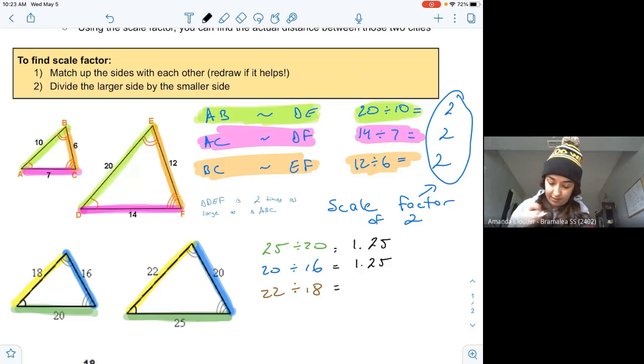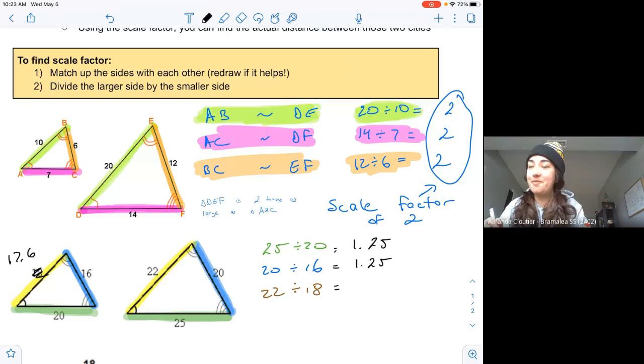Oh, it's because it had to be rounded. Okay, so instead of 18, let's do 17.6. My bad, guys. It must have rounded it. Let's pretend it's 1.25, shall we? 1.25. So we have a scale factor